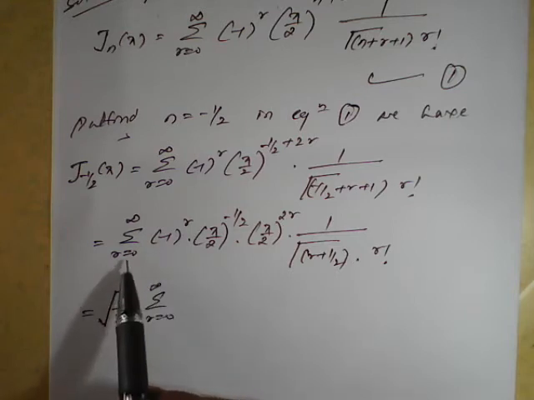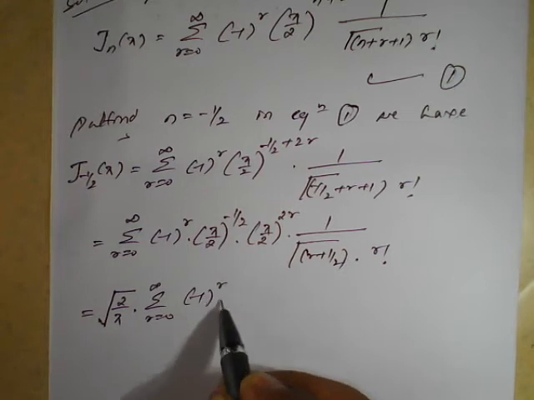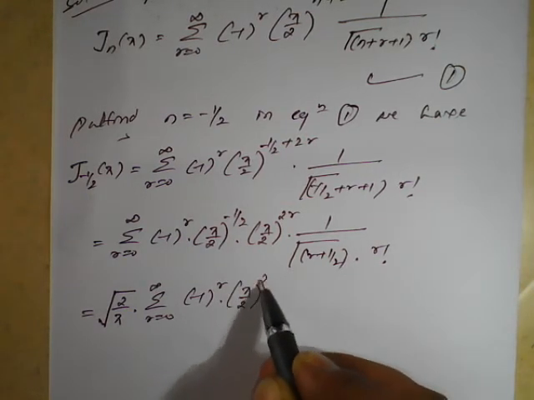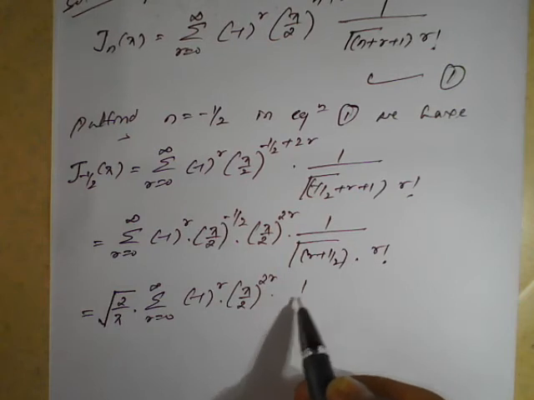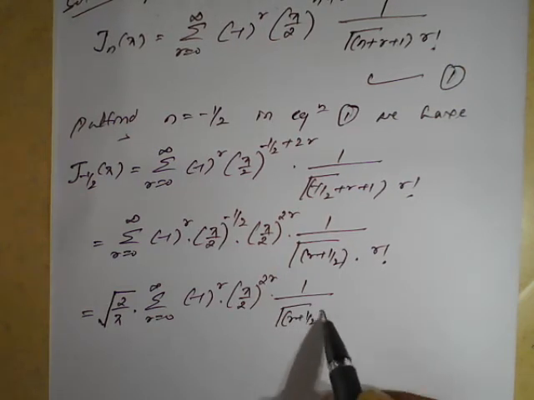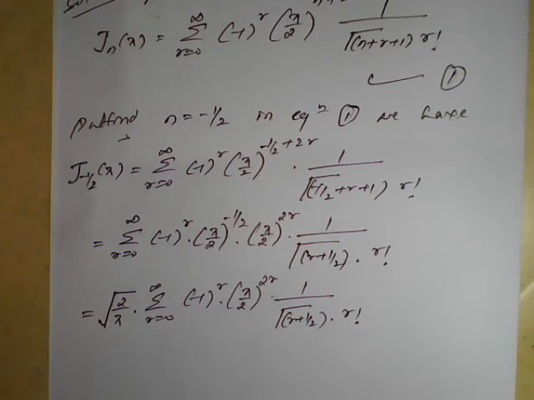So this summation r from 0 to infinity, minus 1 raised to r, x upon 2 raised to 2r, 1 upon gamma of r plus 1 by 2 into r factorial, which is nothing but,